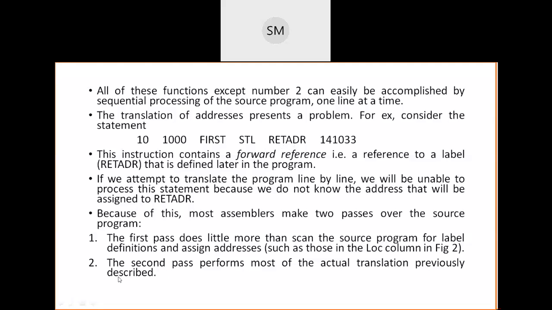After that only you should proceed to convert the instruction into object code by drawing the instruction format diagram. So these two passes, pass 1 and pass 2, will be used by most assemblers. In pass 1, we just assign the addresses to operands, and in pass 2 we do the actual translation or conversion or compilation. Clear? So remember the first and second pass.